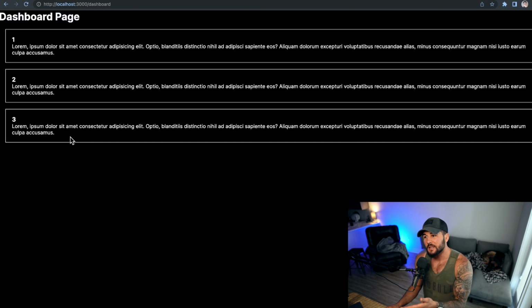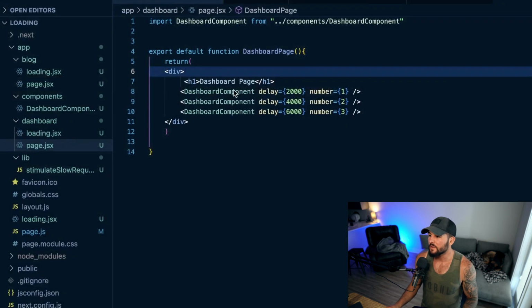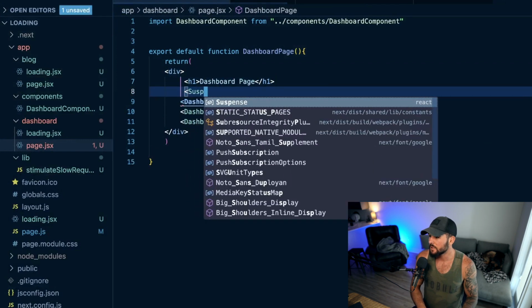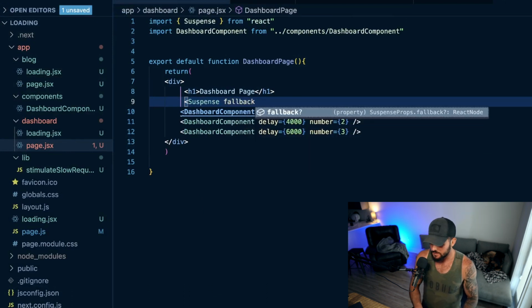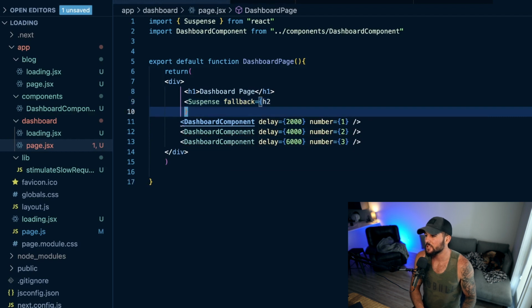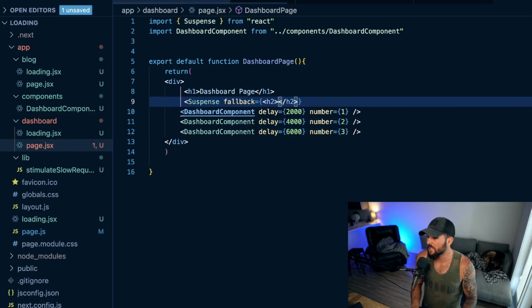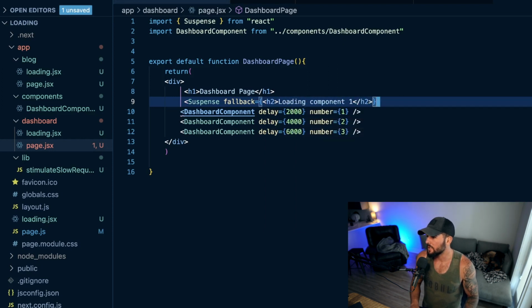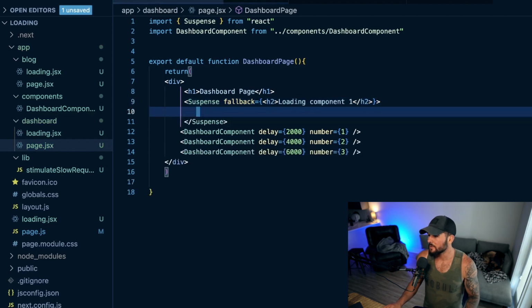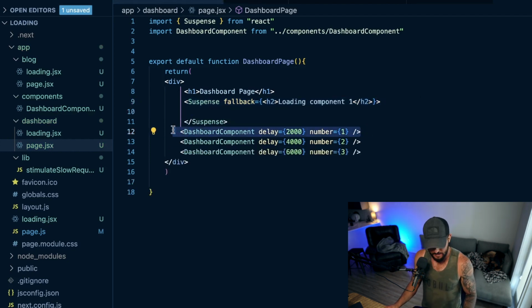So to fix this, I can wrap this component in a suspense boundary, and this will implement streaming to where I can stream component 1 to my UI, then I can stream component 2, then I can stream component 3. So I don't have to wait for all the components to load. And all you have to do is wrap this in a suspense, import suspense from React, and then I'm going to add a fallback and set that equal to an H2 component here, and I'm going to say loading component 1, and then I need to close my suspense here, and then I need to wrap component 1 in this suspense,